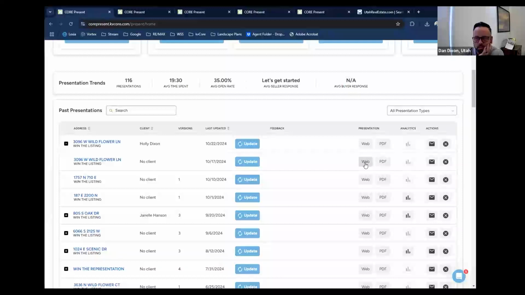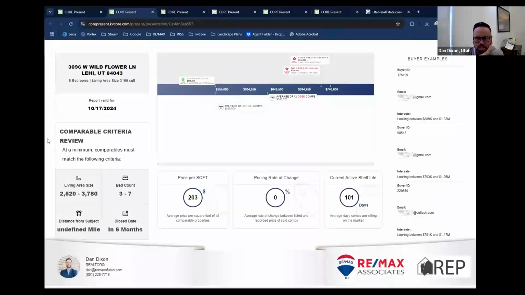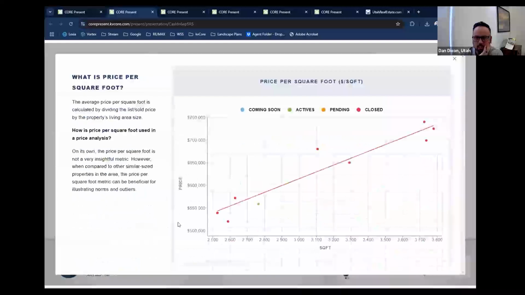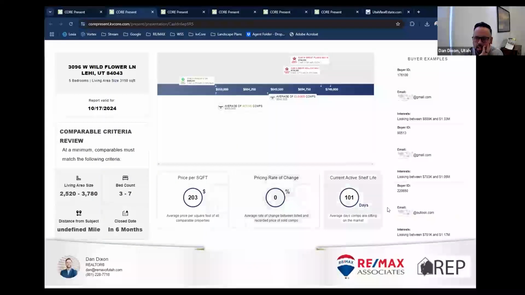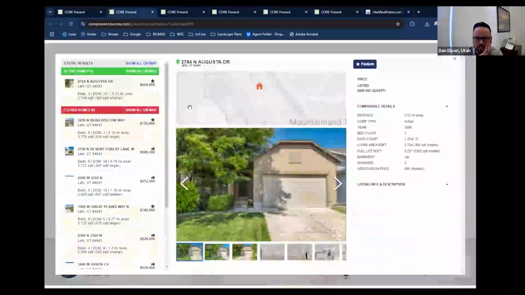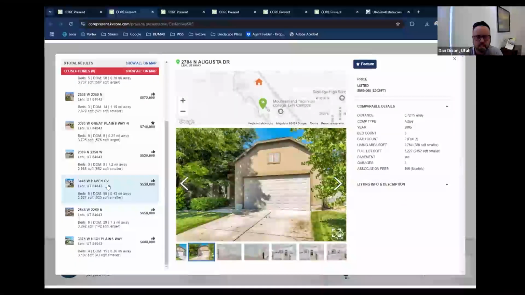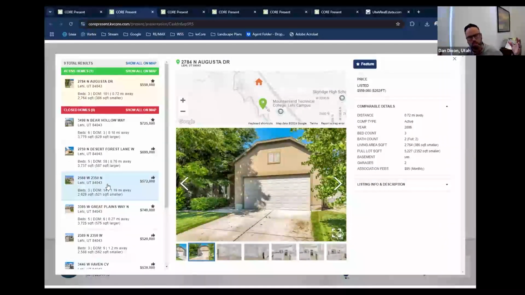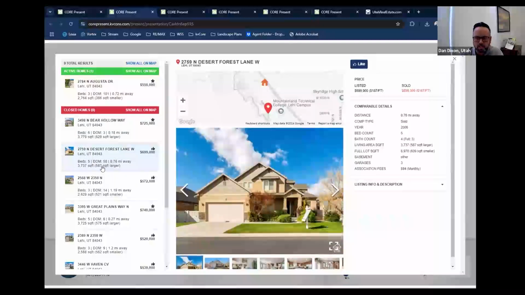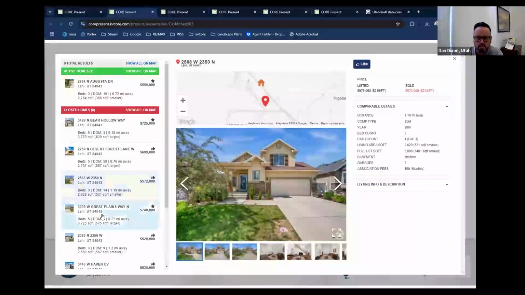That's right. And that's what we did with this one, one I did earlier. So it's just this property, the info we have on it. You can look at that price per square foot graph, some of the more important information, and then even the comparables, right? Thumbing through the comparables, so it's a scaled down version. I think Core Present does a good job of saying, hey, I'm a good agent, and here's why. But it also has just the CMA and the quick and dirty: these are the comps, and here are the pictures of those comps.